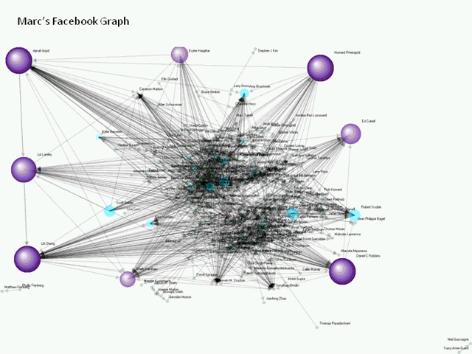Here on the next slide, we've done a little bit more with the layout where you can actually see some clusters starting to emerge. Those two clusters in my Facebook graph actually represent everyone I know at Microsoft and then everybody I know who is not at Microsoft. You can see those clusters a little bit more clearly because we've pulled all of the heavy hitters, the people with the highest degree, out to the edges of the screen.